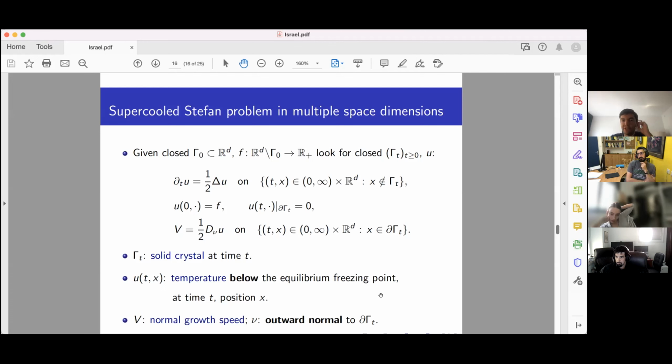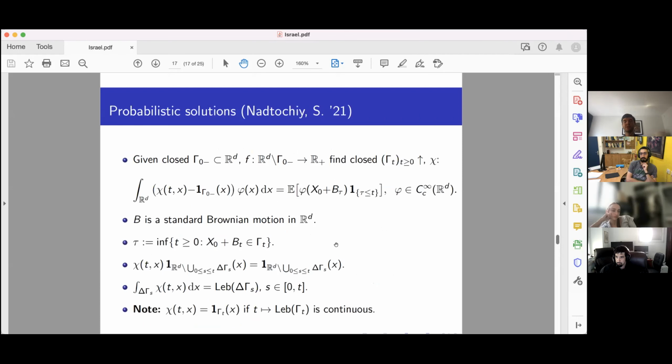Right, so what is written here would be the classical formulation, but of course, as already observed by PDE people before, with this classical formulation you will not be able to solve this problem in the classical sense. So you need some sort of weak formulation in any case. And so I guess the particular weak formulation that we use in our work is, again, a probabilistic one. So again, in terms of a problem involving Brownian motion.